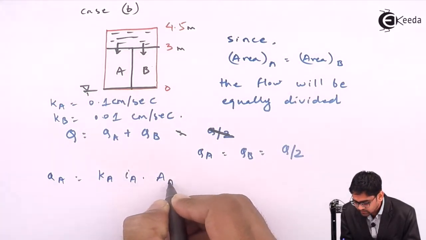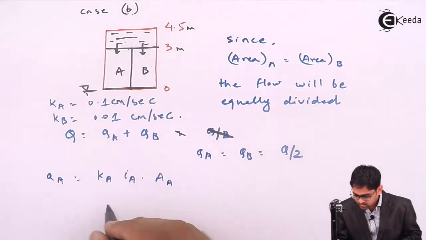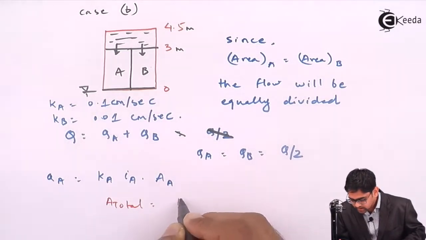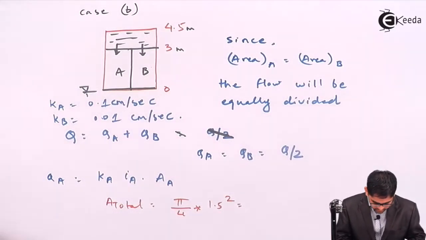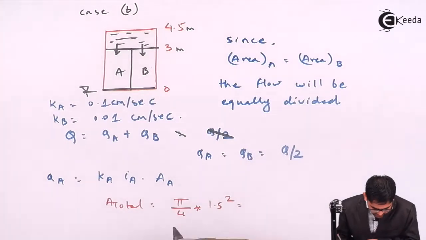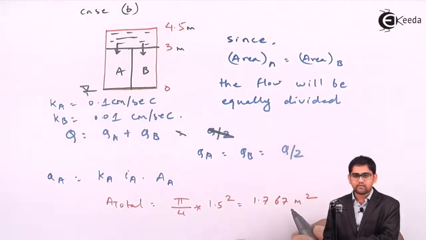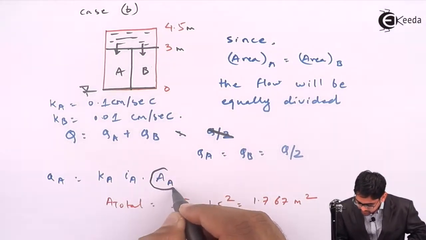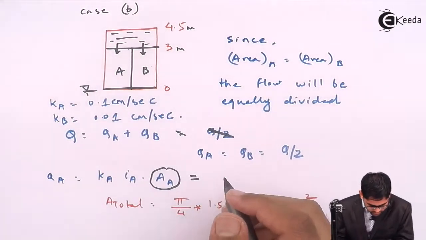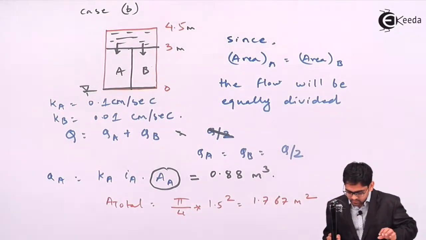So here Qa will be equal to Ka into Ia into area for A, the specimen. The total area, A total, will be pi by 4 into d square, 1.5 square. If you solve this, pi by 4 into 1.5 square, you get 1.767 meter square. So therefore AA will become half of this. So AA for this particular case will become 0.88 meter square, and